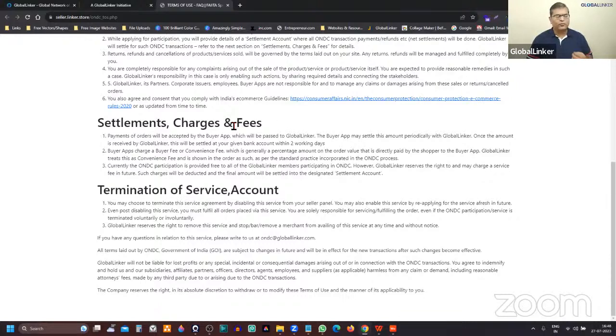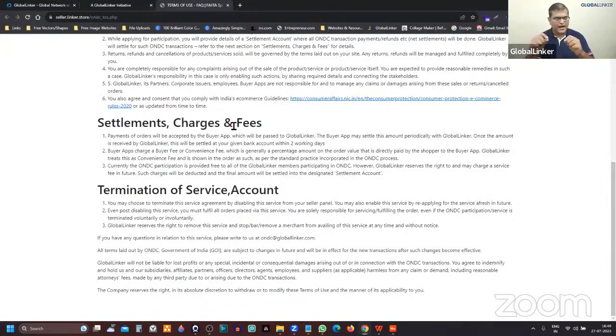Now, if you recall, while I was explaining that entire process flow, that's where I showed you a calculation, and that's where I told you that the order, 100 orders, the order total was 100,000 or 1 lakh, and then sellers earning was 1 lakh also. So how is that? So that's where buyer apps don't do this for charity. So obviously they are charging a commission. Now, what happens?